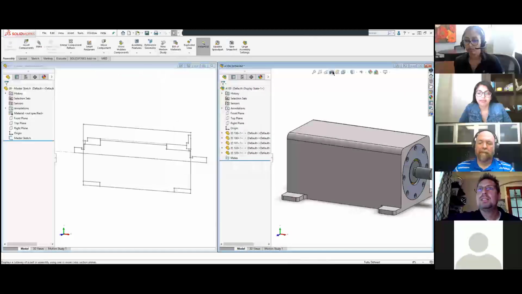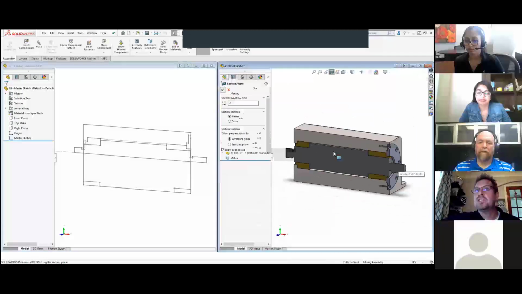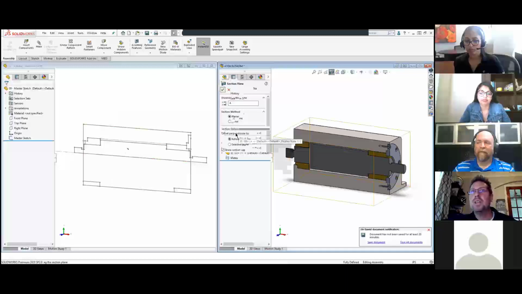So everything updates. If I do a little section view, you can see all my individual little components inside here, and they all stretch and grow depending on that 3D or that 2D sketch. So this is kind of a master model technique. Use something simple, use a 2D sketch, and then put each of those 2D sketches into the individual parts and